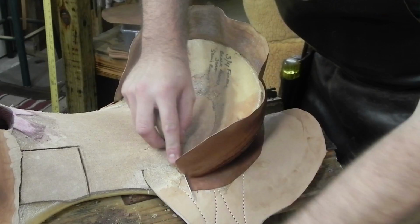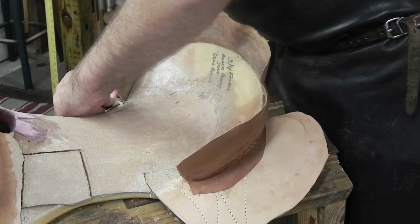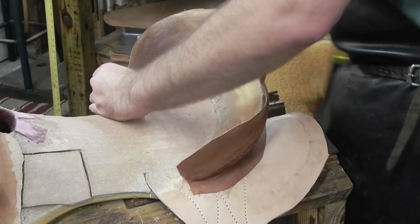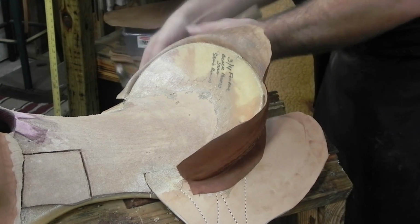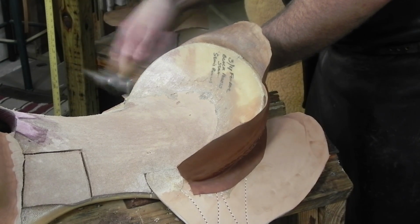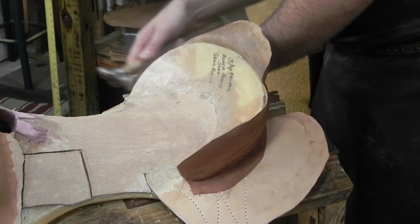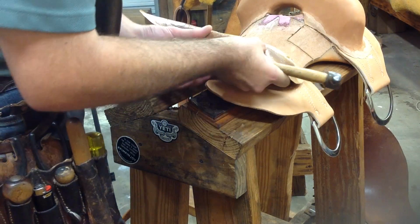And then I'm cutting at the very base of the cantle as it comes to the bars, just cutting that straight and trimming that out. That's where we're going to start our fold for our Cheyenne roll. So we just fold that back. It should be glued against the tree really well, so you should have to work to get it folded around. And I'm tapping it with a hammer just to get a good nice crease all along the top